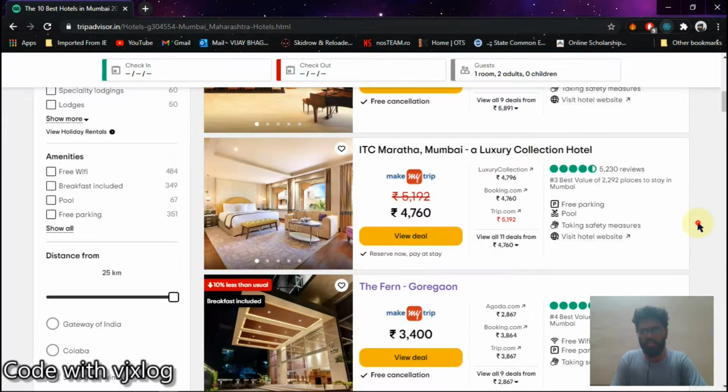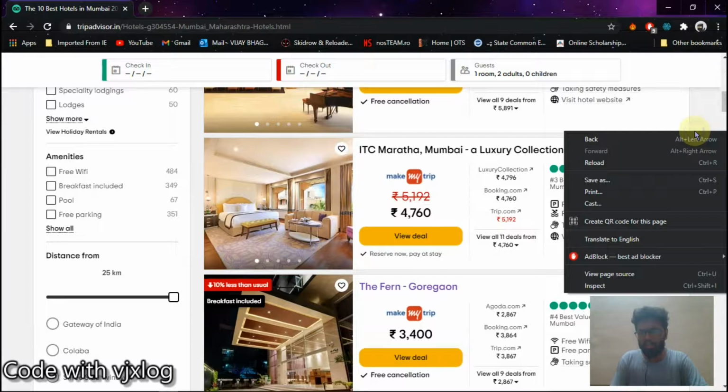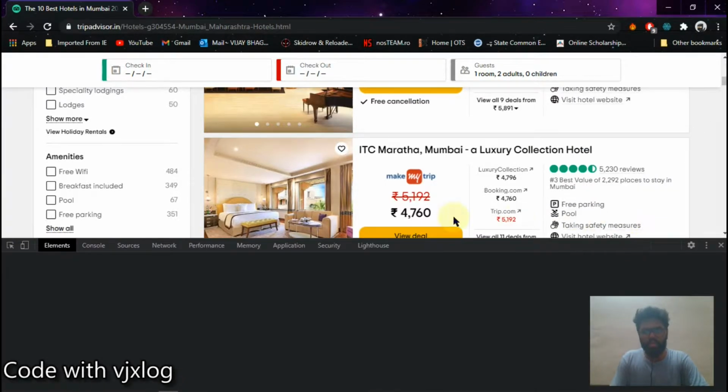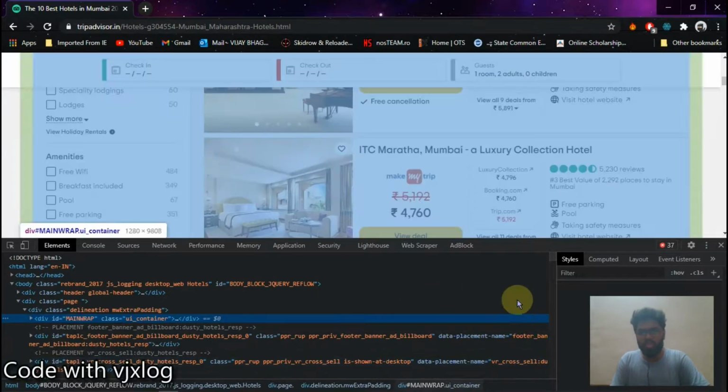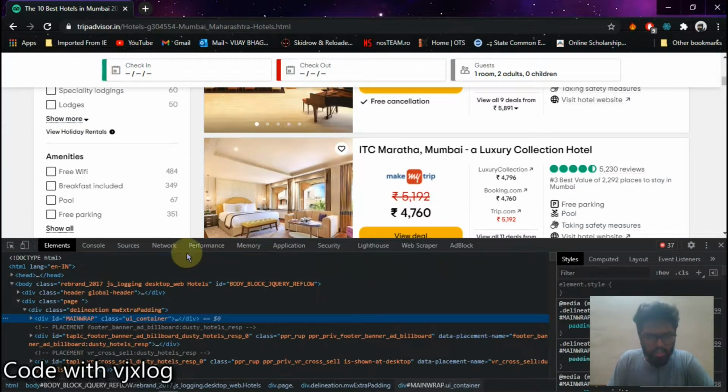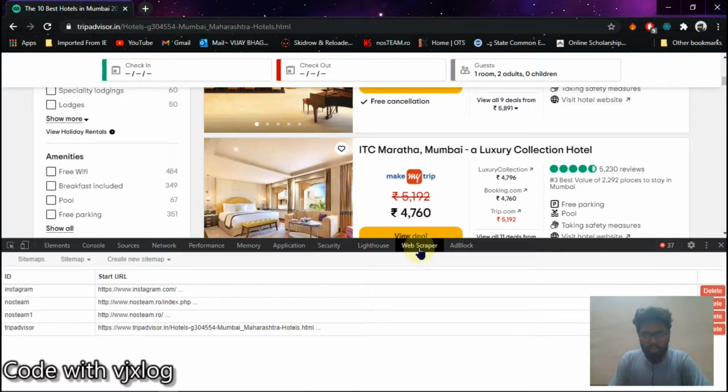Then the next thing we have to do is left click and select inspect element. When you select inspect element, you will see that there is a tool called Web Scraper here, right?